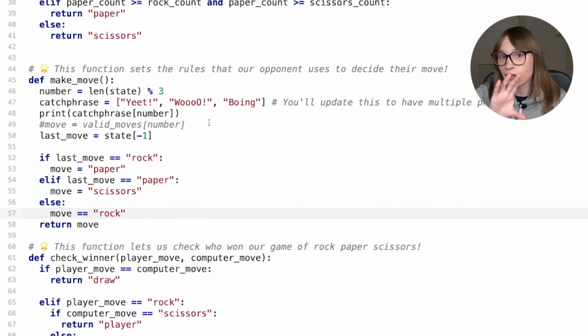Hop back to your make move function and get ready to program. Now, I think we want to use an if statement here. We'll generate a random number that's either 0 or 1. That means 50% of the time it will be 0, and the other 50% of the time it will be 1. If it's 0, then we'll use the logic we just wrote to try and beat the player's last move. But if it's 1, then we'll do something else. Let's try writing that now.